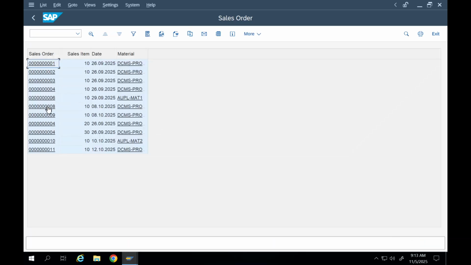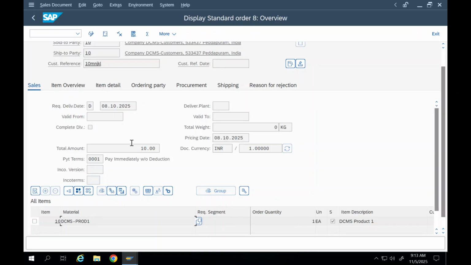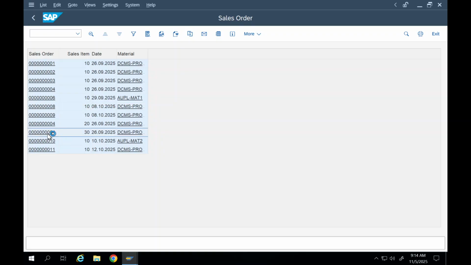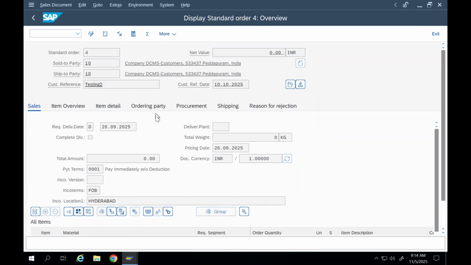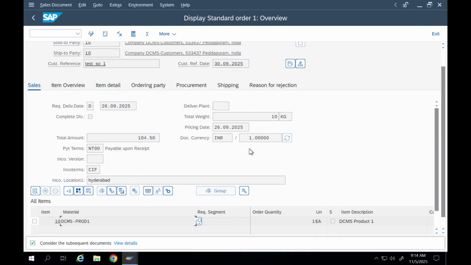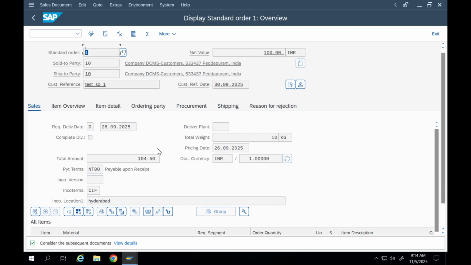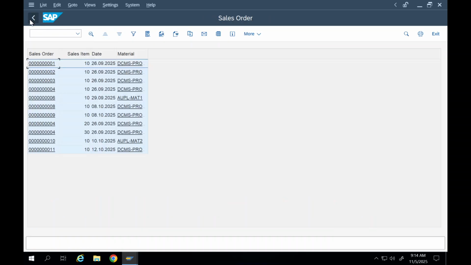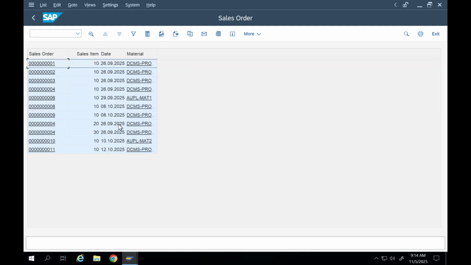Now press sales order number 8, so that it will directly take me to the overview screen, the sales order screen, without pressing enter, without any manual interaction. Go back, select another order number, and it will open that order. Go back and select a different order number, and it will directly open order number 1 without any manual interaction. It is easy and convenient for the user to access the corresponding sales order details or to update the sales orders in VA02